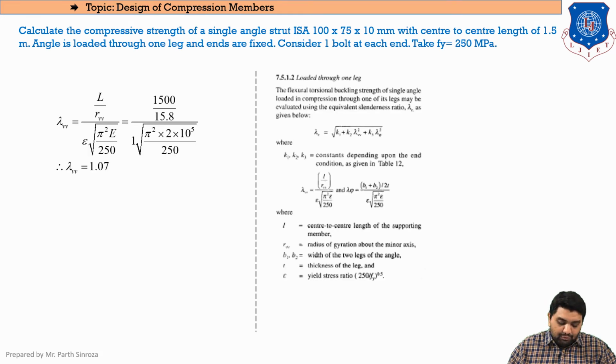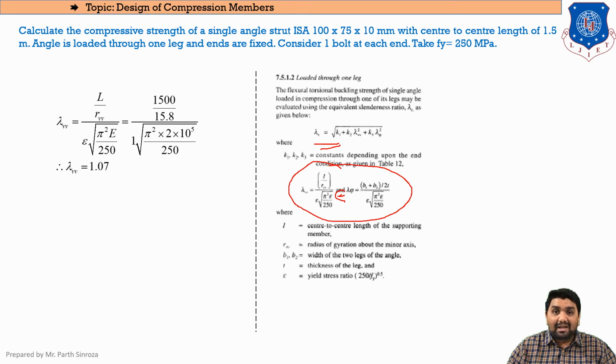So for that again you will be moving on to the upper equation that was for lambda e. Clear? Here you can see the equations for lambda vv and lambda phi are mentioned, but again keep in mind, in the denominator you can see pi square epsilon is given. Here it is a printing mistake. It is not epsilon, it is capital E, that is modulus of elasticity, or you can say elastic constant. Clear?